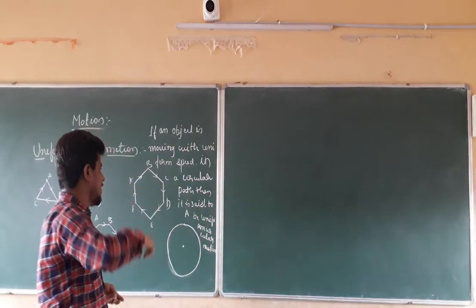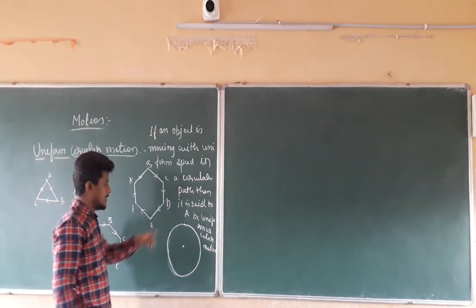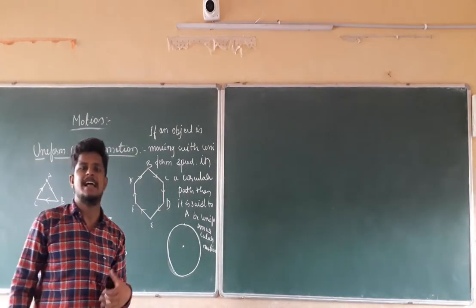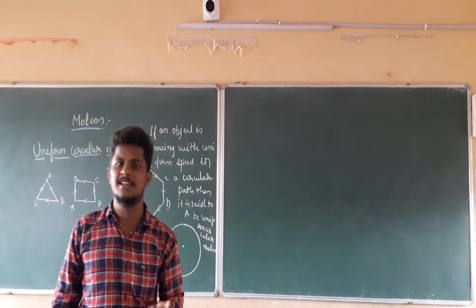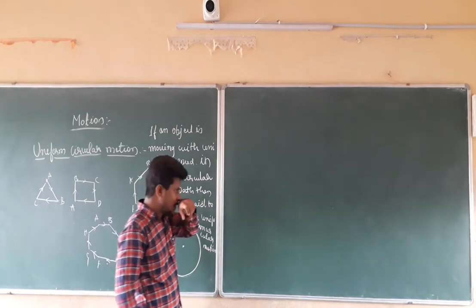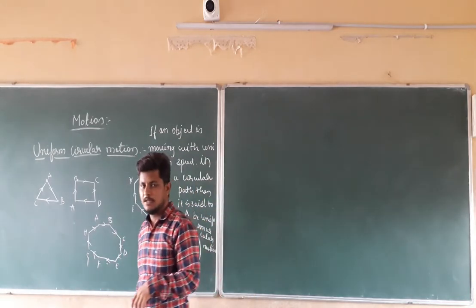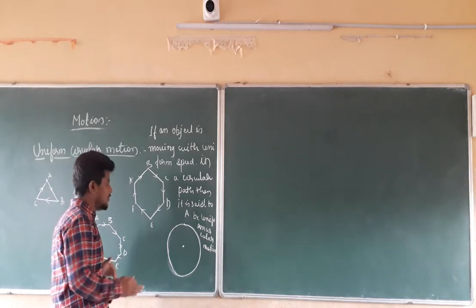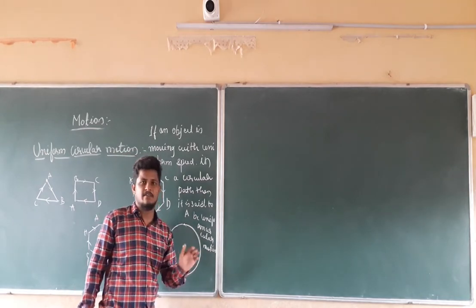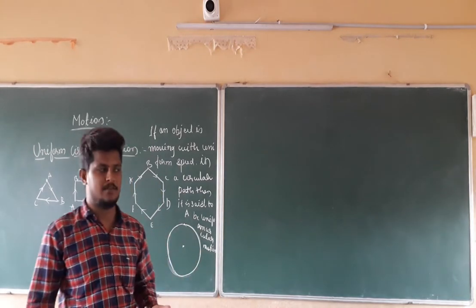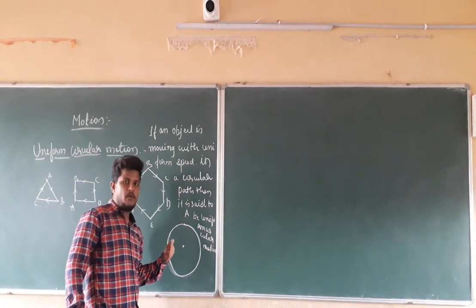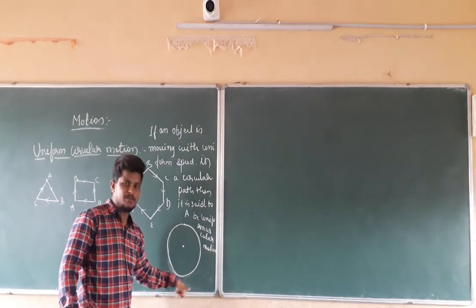Due to that, we can say that in uniform circular motion, the object moving around the circular path is always going to change its direction at every point position. Now we know all about uniform circular motion, and that it changes direction at every point. In some cases, we have to find out the speed of the object which is moving around the circular path.